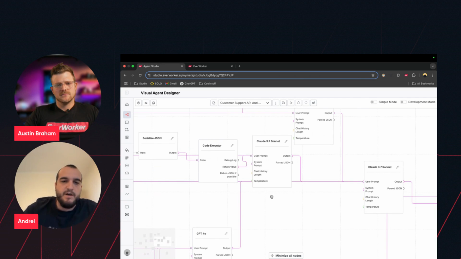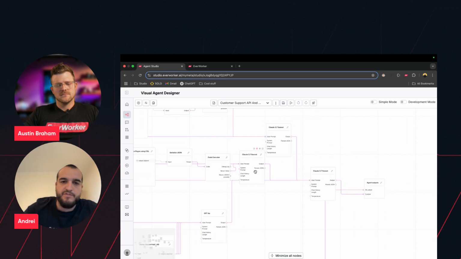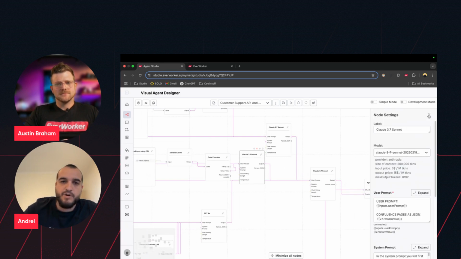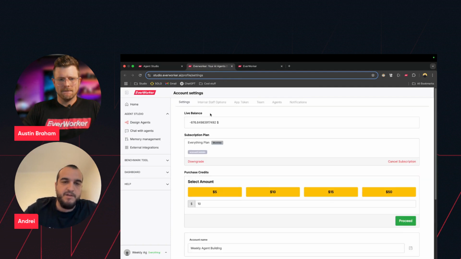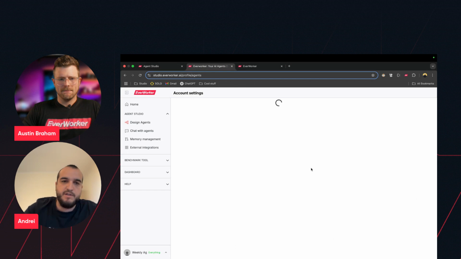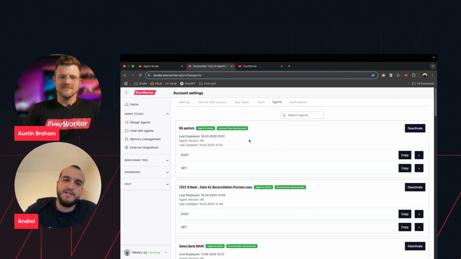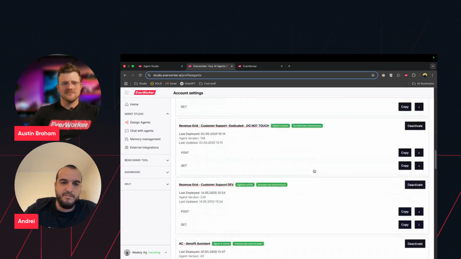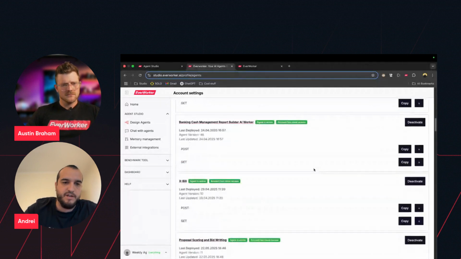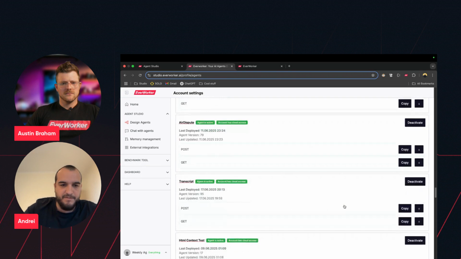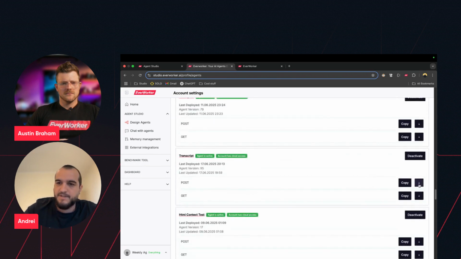This is the studio where you interact with and configure your worker. Basically, you have a save button right here to save your work, and you have a deploy button right here to deploy the agents. Once you've clicked this button, you have this menu in Studio, and here you'll see a list of deployed workers. This is a big account, so normally if you have your own instance, you'll only have a few organized. This is what we use for demos, but you'll see a bunch of deployed workers, and any of these workers, let's pick transcript.